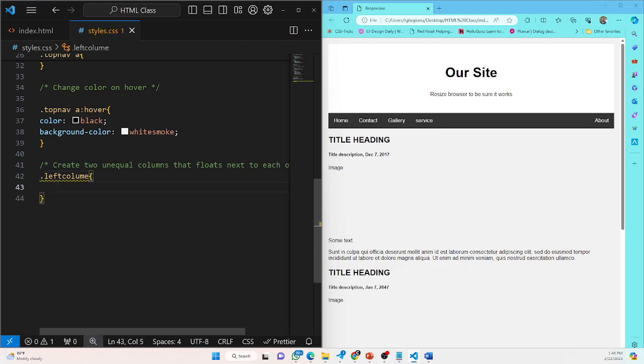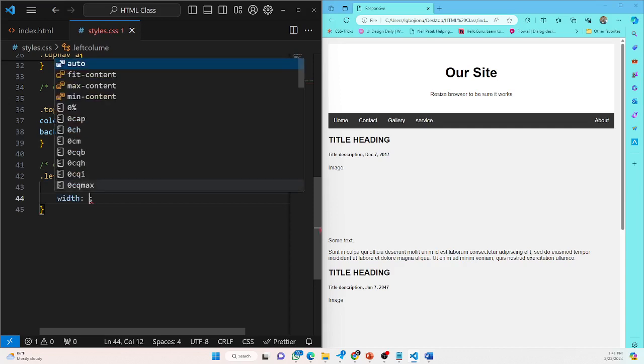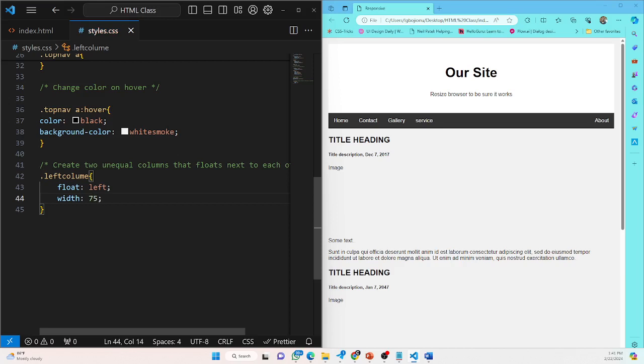I had two columns, so my left column should float left, and the width. Now because I want it to have some responsiveness out of the box, I might be using percentage. So 75%, and my right column